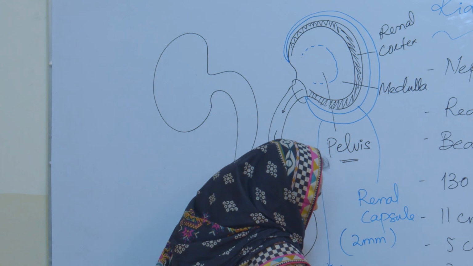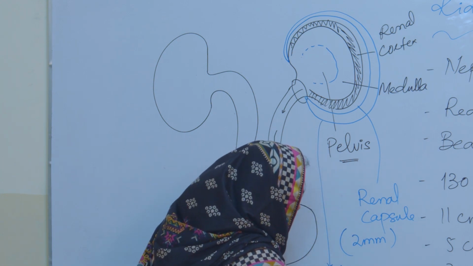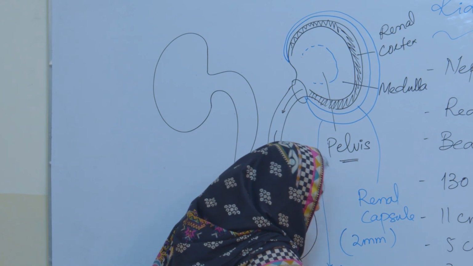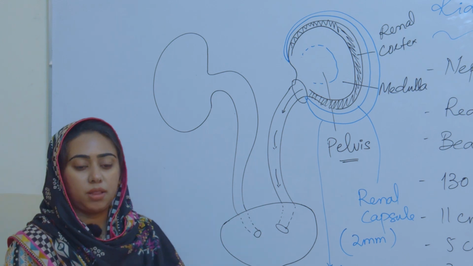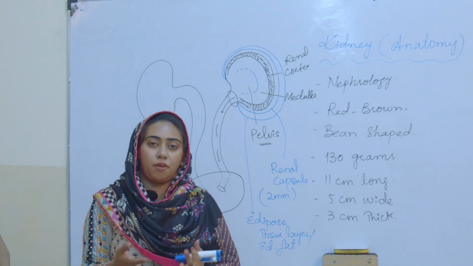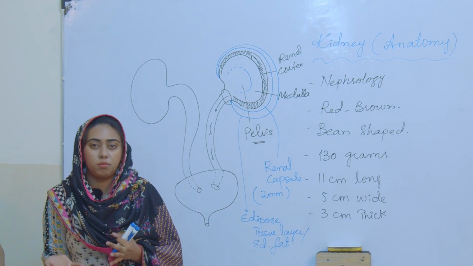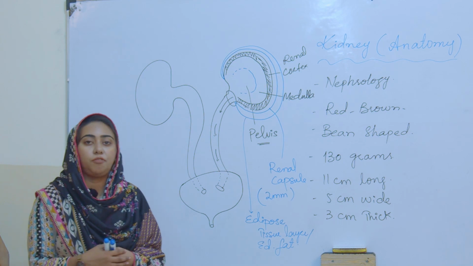Adipose tissue layer, or you may say it is the adipose fat. It is the perinephric part of the kidney. Perinephric means peri means on the surface, and nephric because the nephron is the basic part of nephrology, the study we call nephrology. So it is known as the perinephric tissue or perinephric layer.